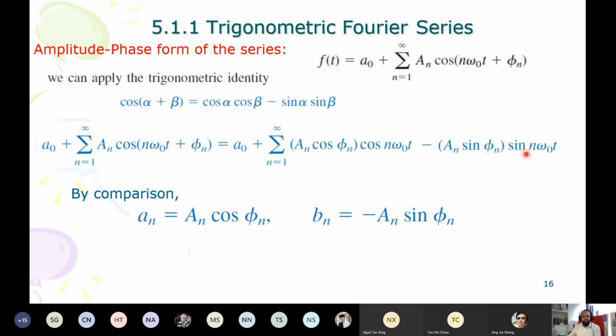And by comparison, if you compare, a n is A n cos phi n. Now we're comparing this with